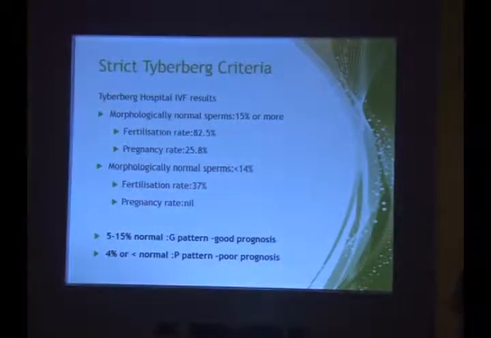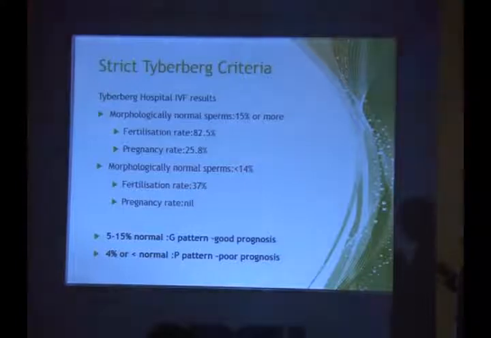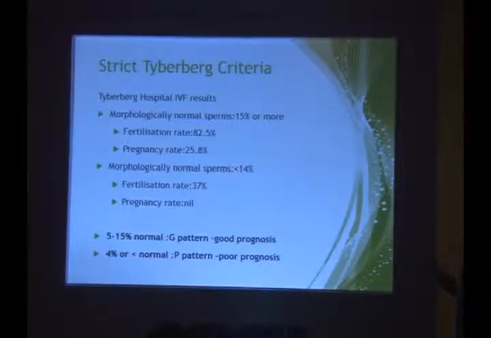I had told you that the 14% cutoff had good scientific basis. People accepted it because of the IVF outcomes. With morphologically normal sperm at 15%, the fertilization rate was 82% in IVF. At 14%, the fertilization rate dropped to 37%, but more importantly, the pregnancy rate was 0. So your cutoff could differentiate between the fertilizing ability of the sperm, between pregnancy and no clinical pregnancy in IVF